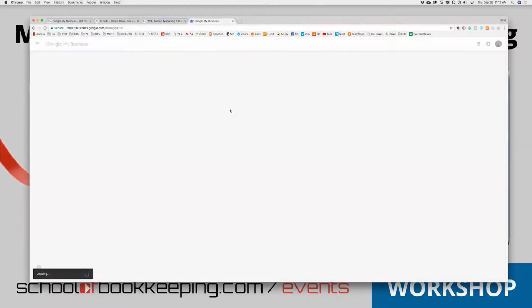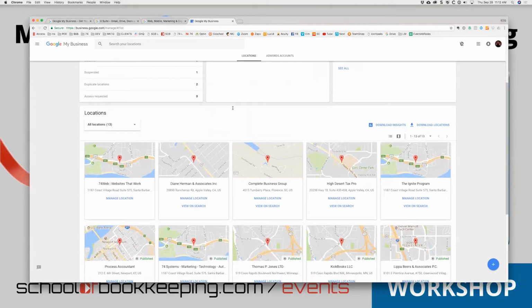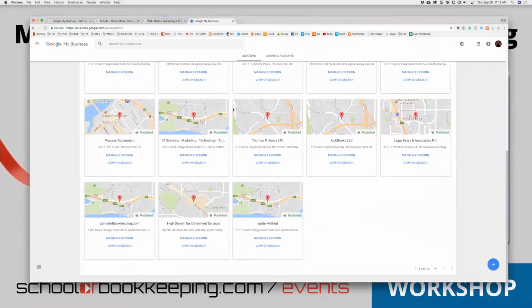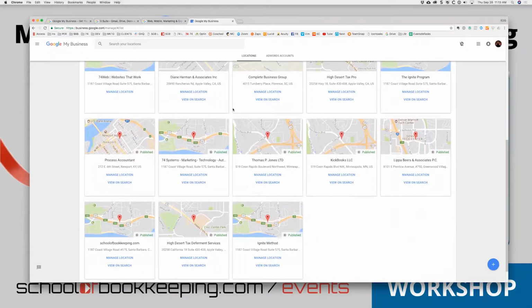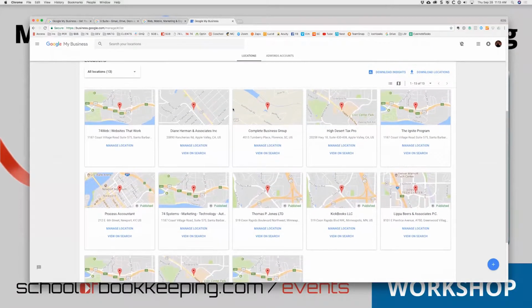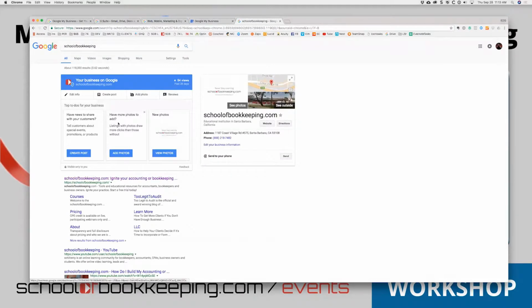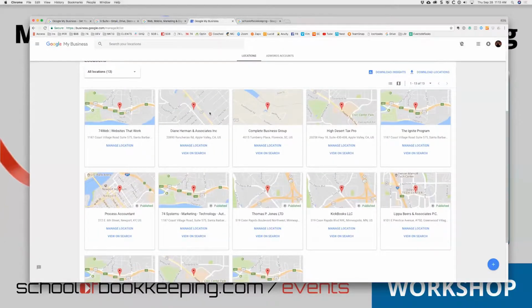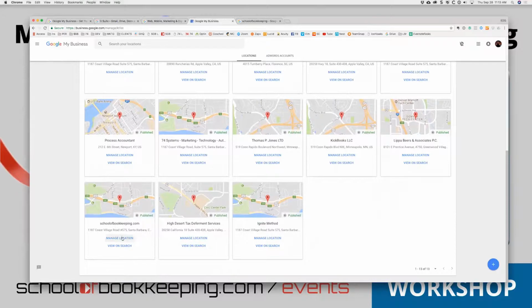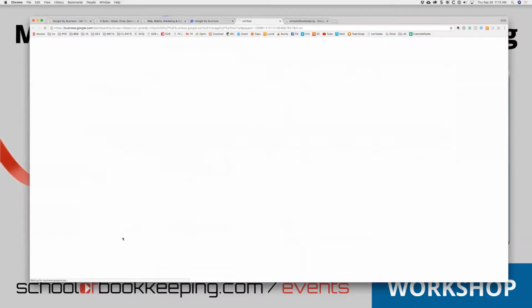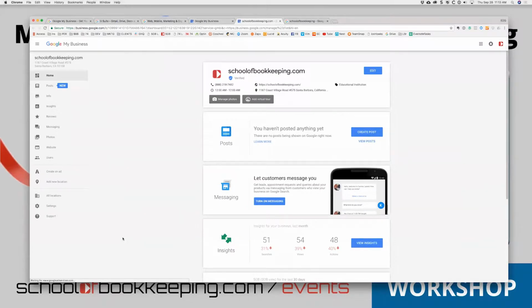And it's going to take me to a list of all of the accounts that are managed by my email address. You can see my clients are in here and I'm in here. And each one of these is, like I showed you earlier, let me go ahead and Google School of Bookkeeping by itself. The results that you see right here are a result of creating this here. Now, if I go in and I manage this location, I'm going to show you how to create one in a second. You'll notice that I've added the appropriate content that's necessary to get my site what is called